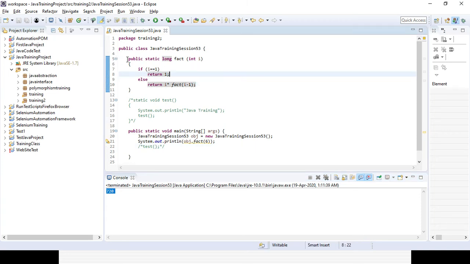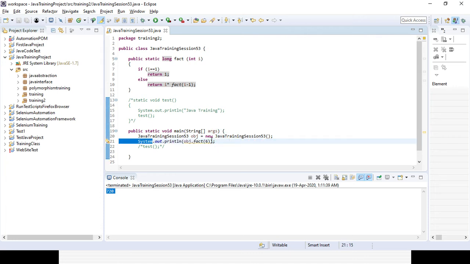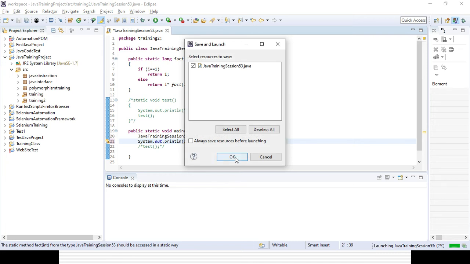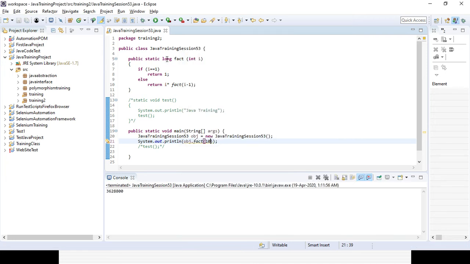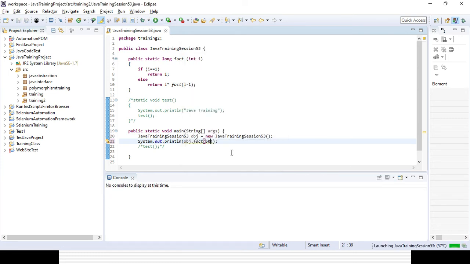So if you create one class, you can change the value anytime, right? And in the main method, you can get the value. Suppose it is 10, you will give it the value. As I have mentioned long, it will not be a problem. If I made it 50, it will not be a problem. But if I made it integer here, in case the value is more, it will create a problem.